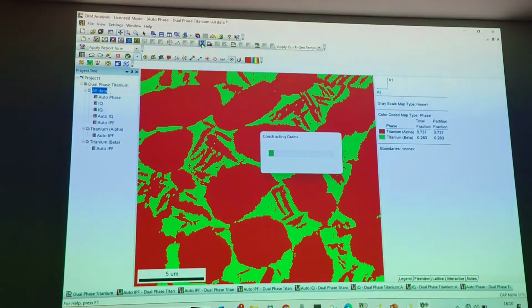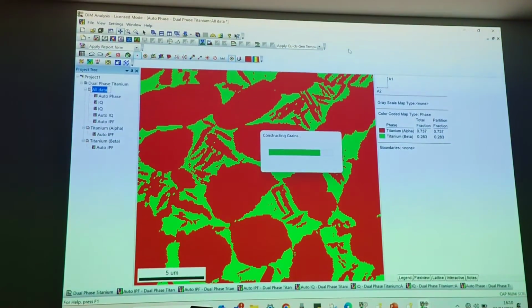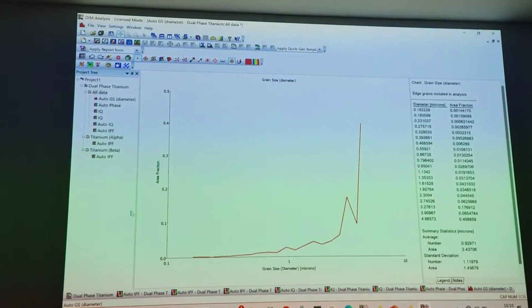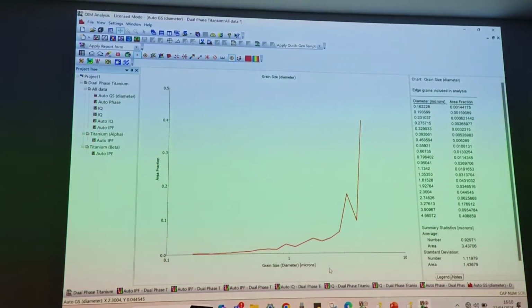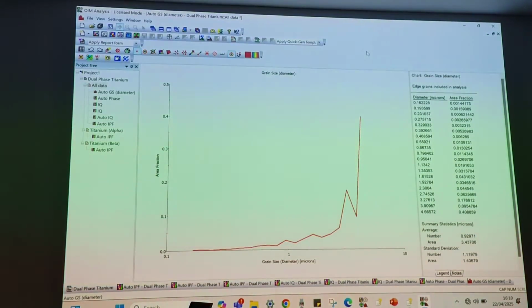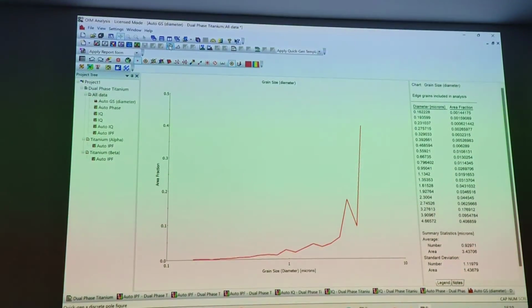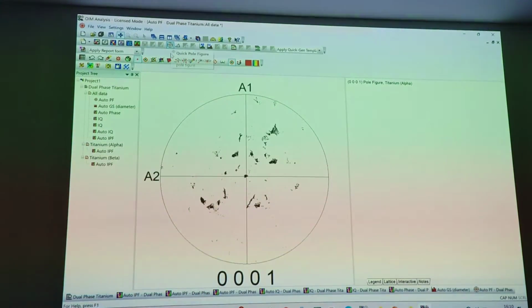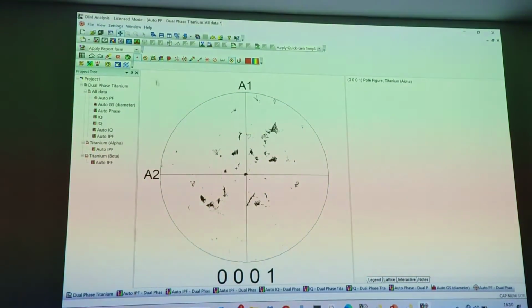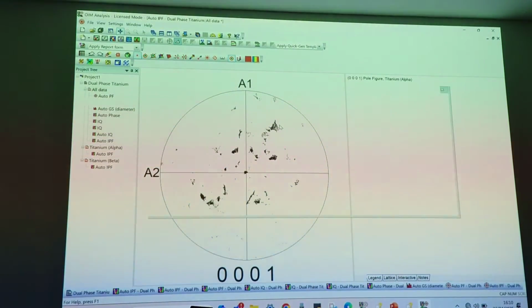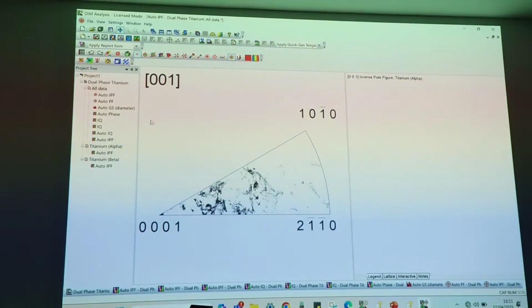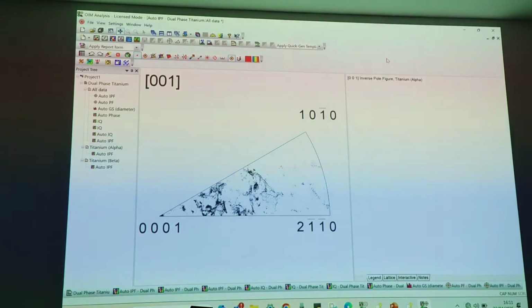Again, you can have the grain size measurement, like what is the grain size of your sample? So it is area fraction versus grain size in diameter. Then if you want to show your texture results, you can also plot in terms of discrete pole figure. So this is for showing a discrete pole figure, how your grains are oriented within this pole figure. You can plot the inverse pole figure also. So this is your inverse pole figure map, or inverse pole figure, or the discrete inverse pole figure. So all these things can be plotted depending upon your requirement.